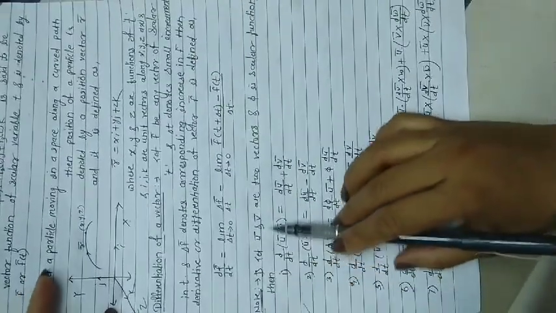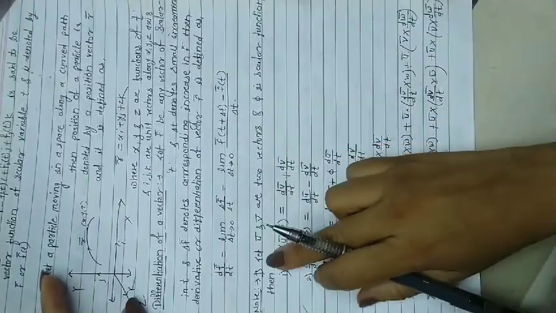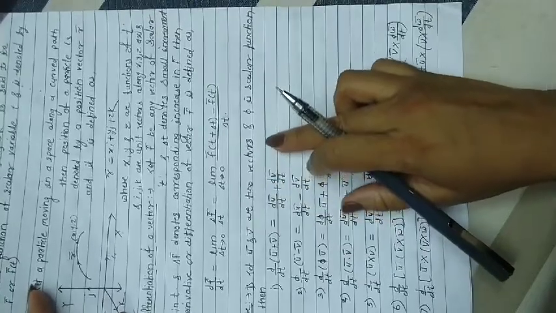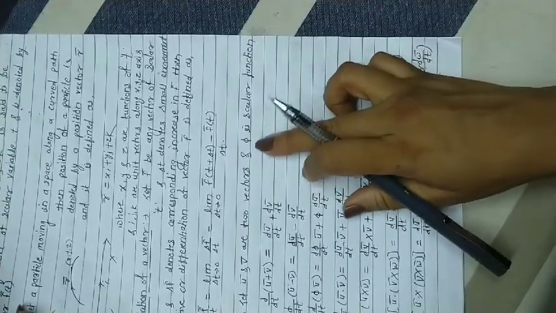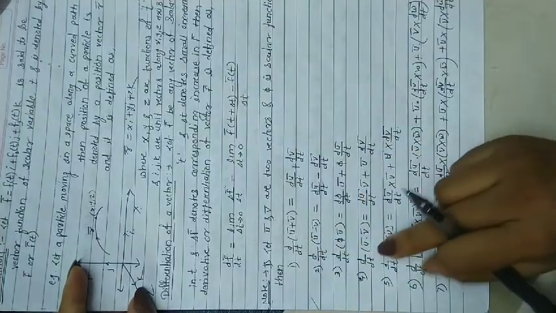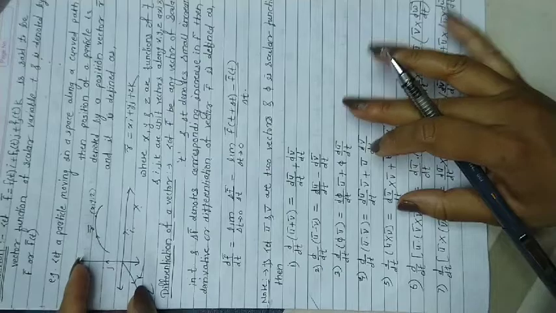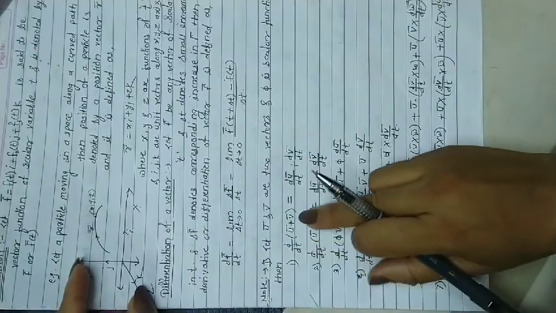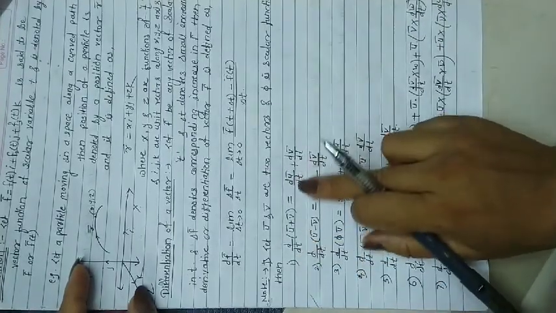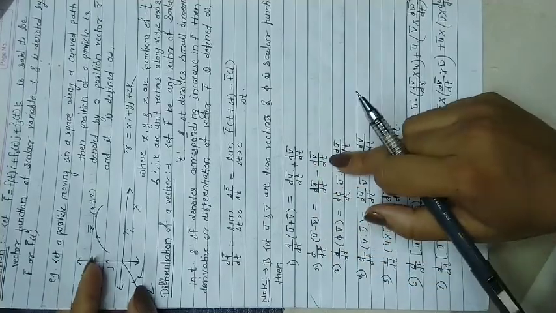Now note, these are some notes regarding vectors. You have to mug up all these formulas. Let u bar and v bar be two vectors, and phi is a scalar function. These are general rules of derivative which are applied as they are to vectors also. For example, the derivative of the addition of two vectors is nothing but the addition of the two derivatives. Subtraction is again the subtraction of the two derivatives.